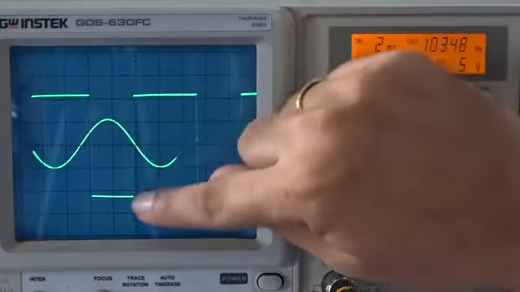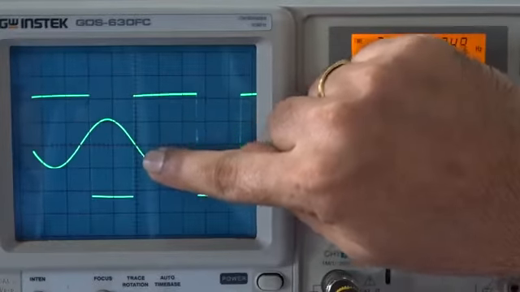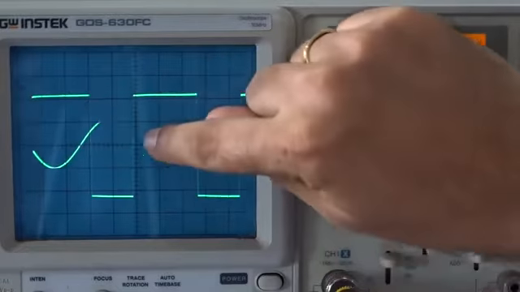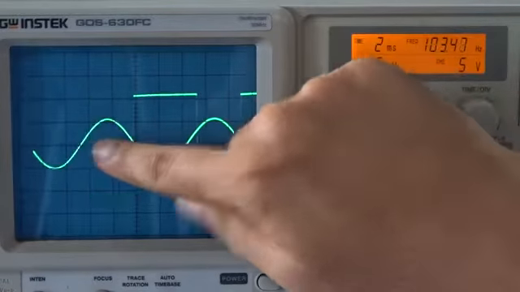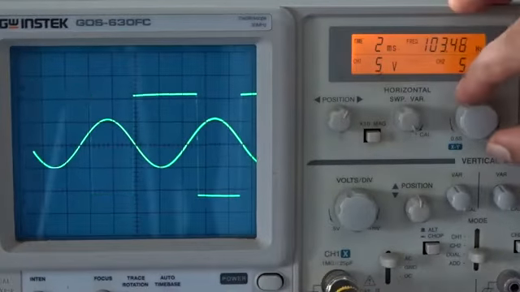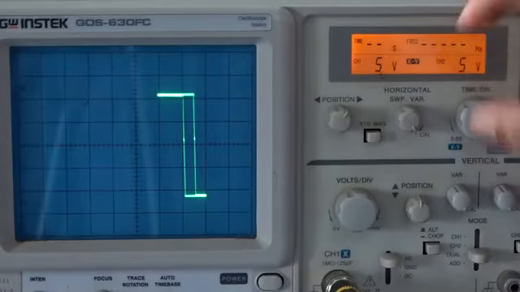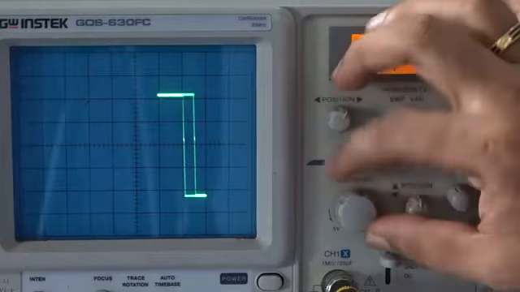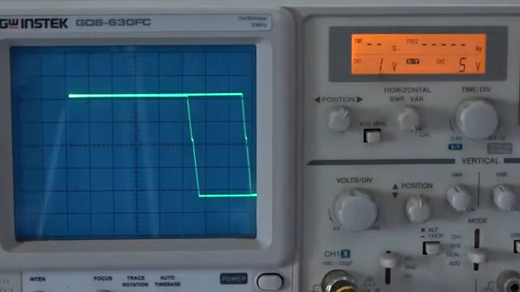So you can observe here the change from minus V sat to plus V sat at the point 0.4. 0.4 into 2, so you are getting around minus 0.8. Sorry, plus 0.8. So there is a change with respect to this. So 0.8 you are getting, and here you are getting 2.5. So this is about the UTP and LTP points. And with respect to the XY characteristics, you can observe here the UTP and LTP points.